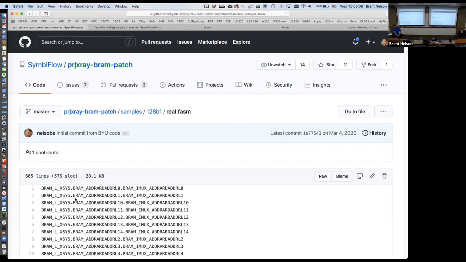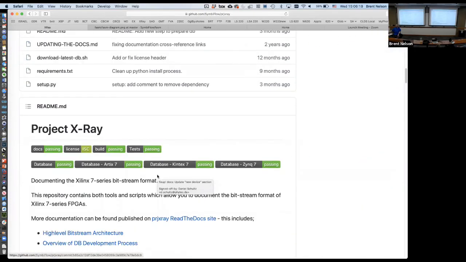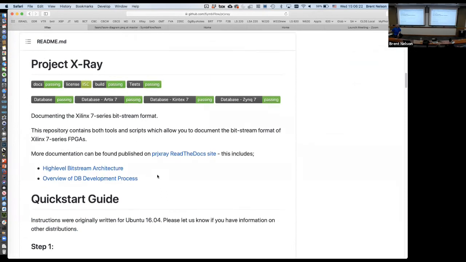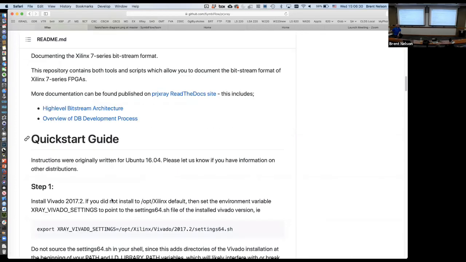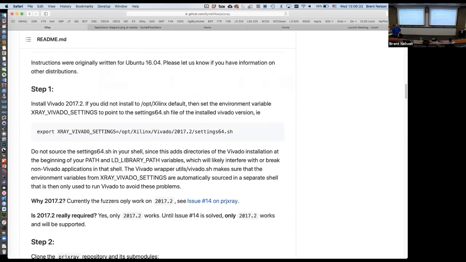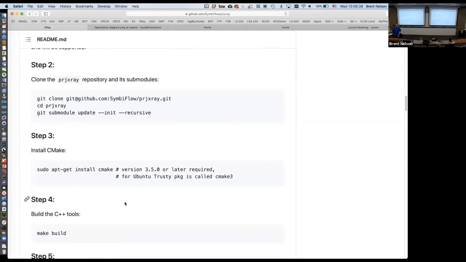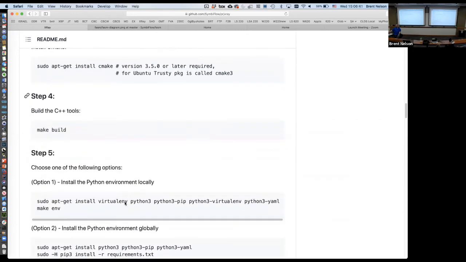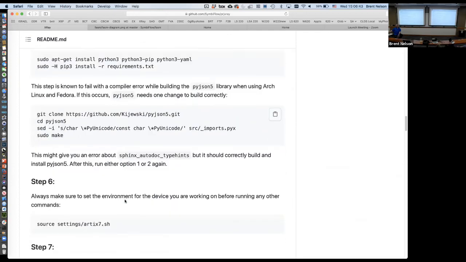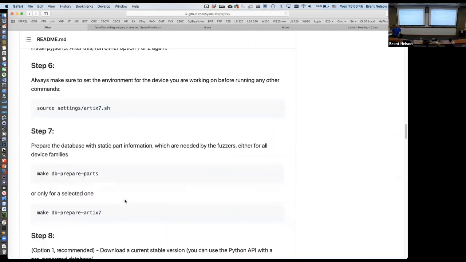Let's see, as I said, if you go to the Project X-Ray repo, and you know that in GitHub, every directory can have a readme.md file, right? So here's the one for Project X-Ray. And they have a quick start guide. They tell you once you've cloned it, do this, do this, do this. Makes it real easy to install in general. But as you go down and you make this and you do this, and then you get near the bottom and it says, oh, by the way,